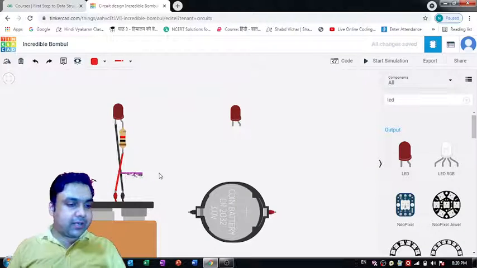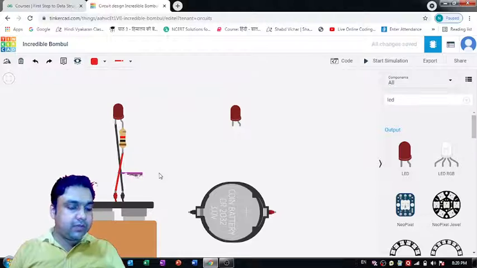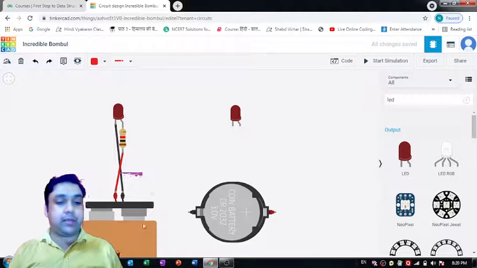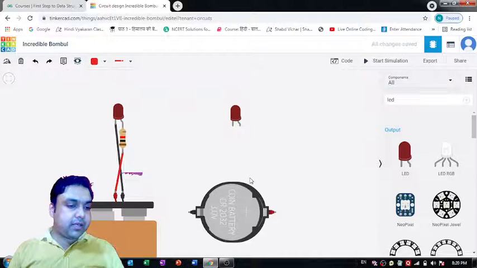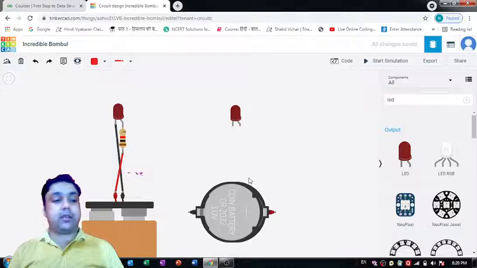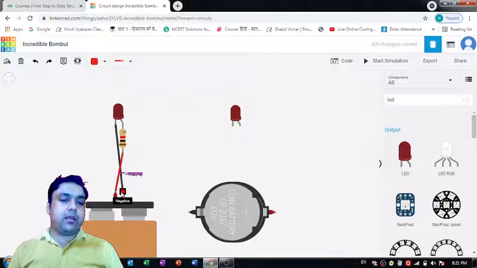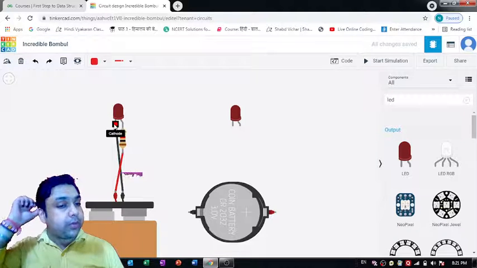Okay, so I think Prabodh has given the answer. Prabodh is saying that we need to connect this cathode to the positive terminal, and what Priyansh is saying is that the cathode needs to be connected to the negative terminal. Thank you very much, first of all, for giving the answers. Now here what we did, we connected this negative terminal of the 9-volt battery to this cathode pin